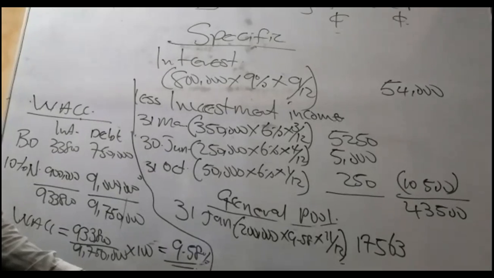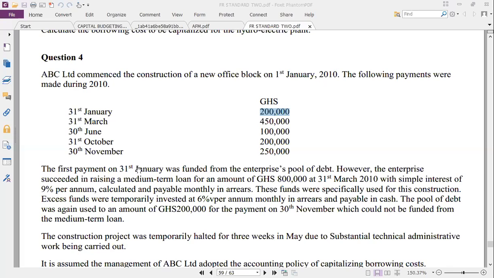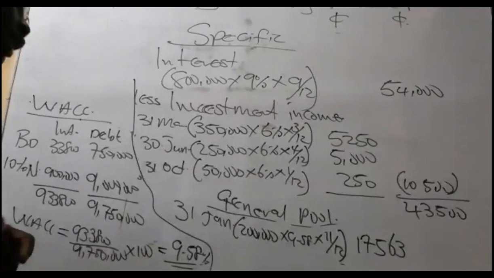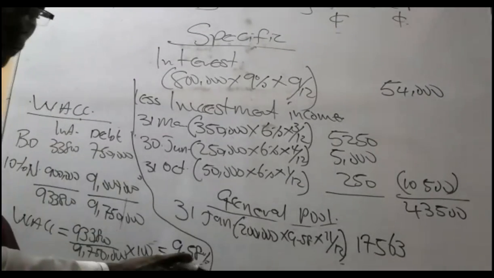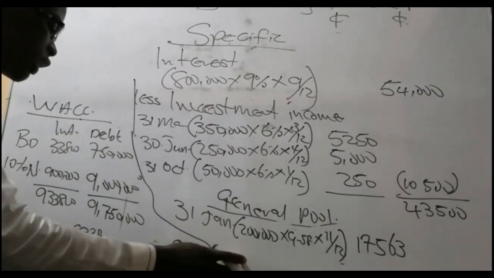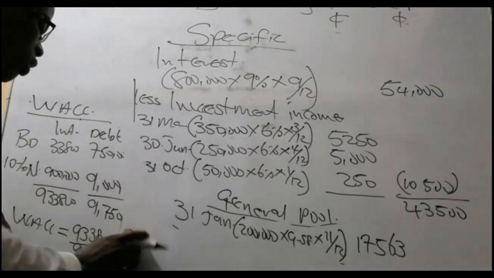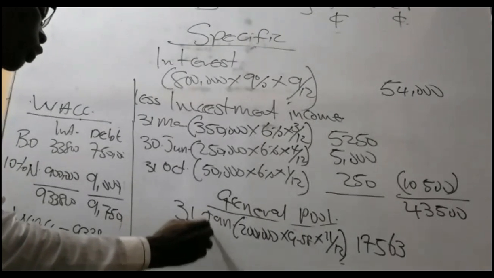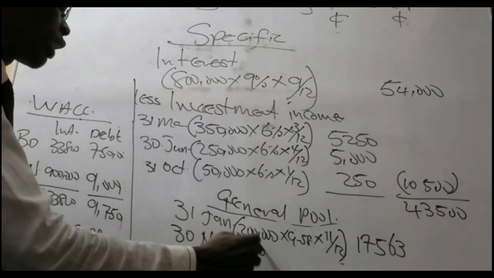They took it on 30th November. They took another 200. And it was confirmed in the question for us that the pool of debt was again used to an amount of 200 for the payment on 30th of November. So on 30th of November, they took another one again. So you come here for the last one, right? 30th of November. Let me take this section off, okay? Now we know it, so that I can be free. 30th of November. Again, they picked another 200,000